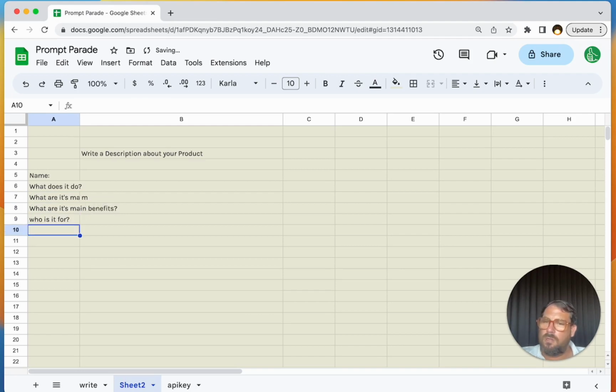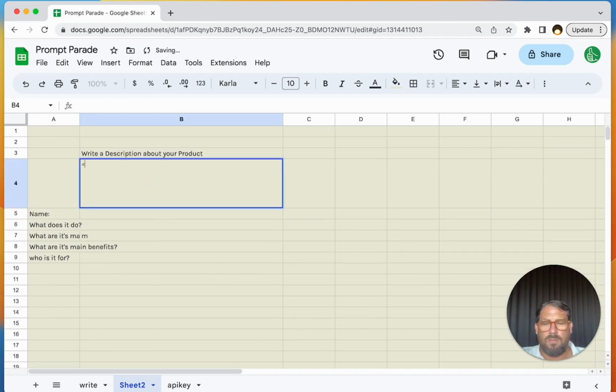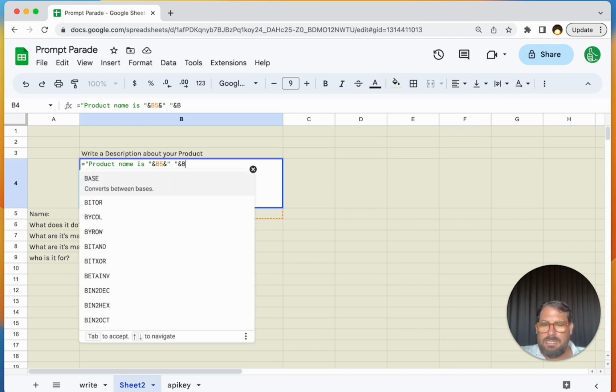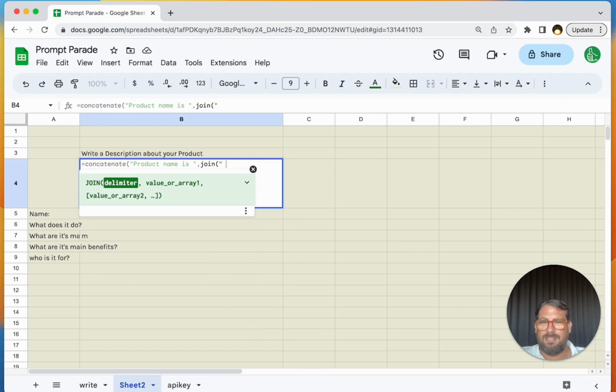Who is it for? And if they fill all this stuff out, maybe right here in B4 we do equals "Product name is", and B5, and it does, I don't know, we'll just add these together, right? Have a little space, ampersand B6, ampersand, a space, ampersand B7. We can also not do that and do concatenate, join with spaces,